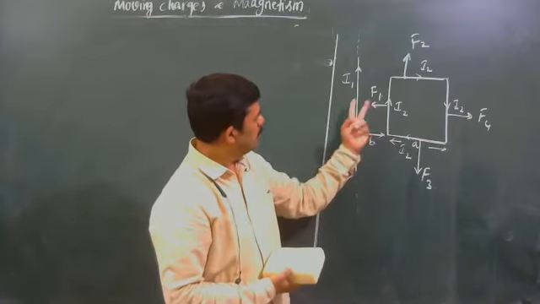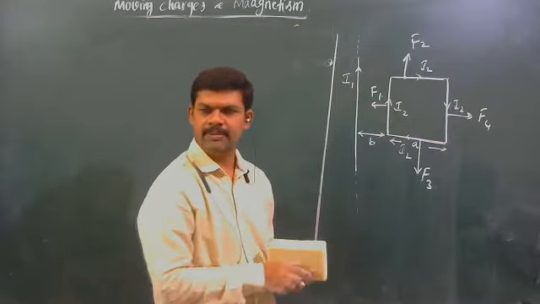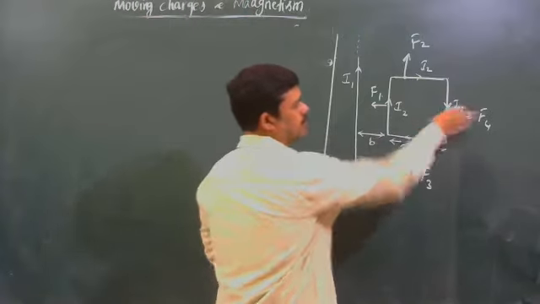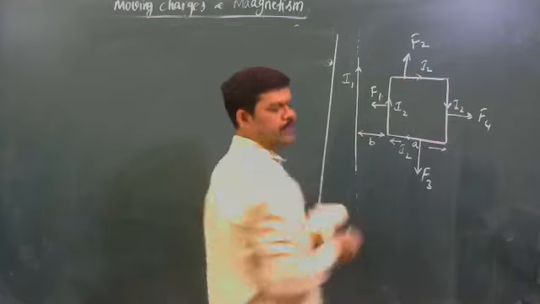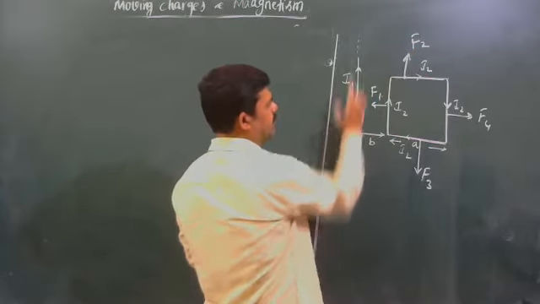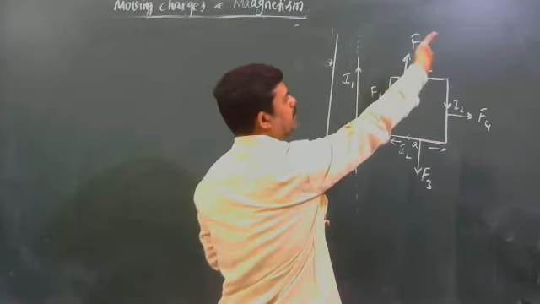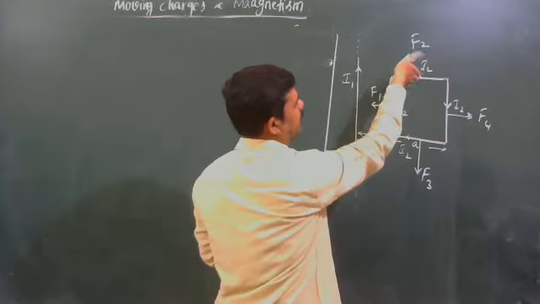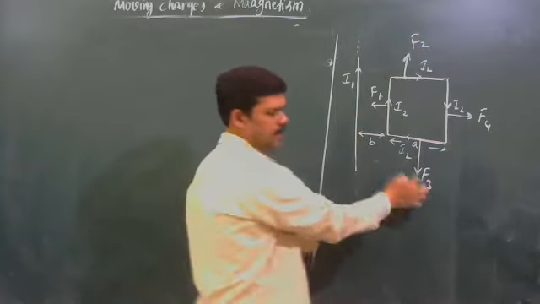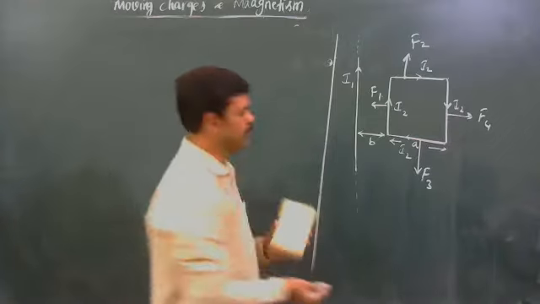Because in these two, if you observe, current is flowing in the same direction, attractive. Yes or no? If you take this, current is flowing in the opposite direction to this, repulsive. Here, due to this, it is a straight conductor, current is flowing upward. Here, if you see the field inward, current is flowing up. Here, current is flowing in this direction. Force is upward. If force here is upward, here force is downward. Downward. Cancel. Okay, is it clear?